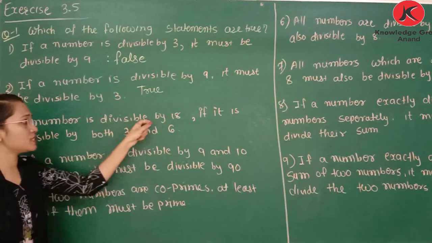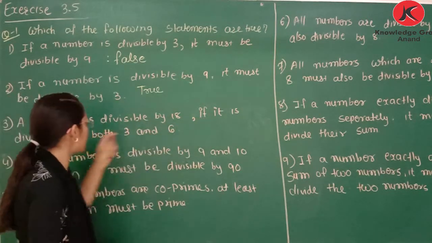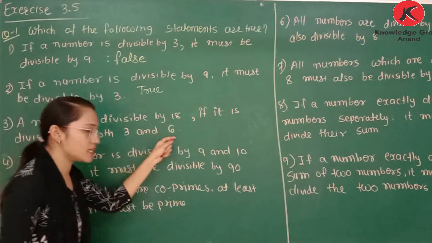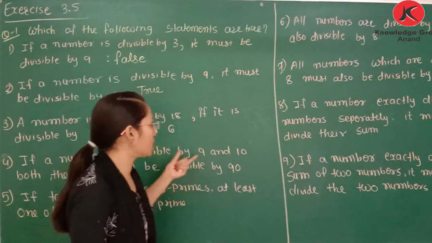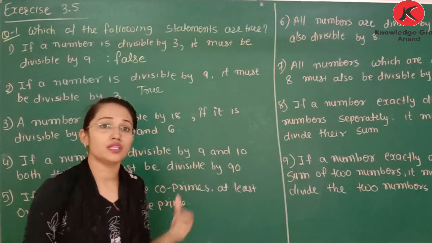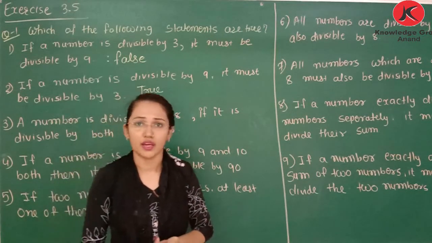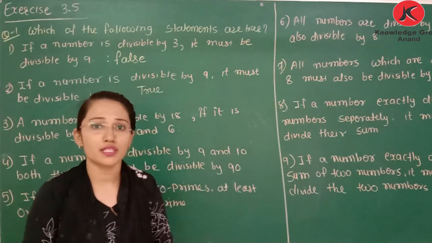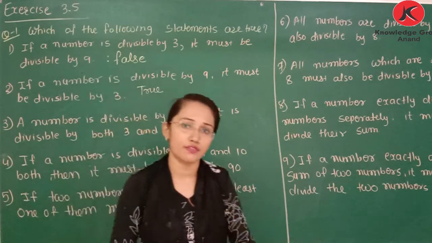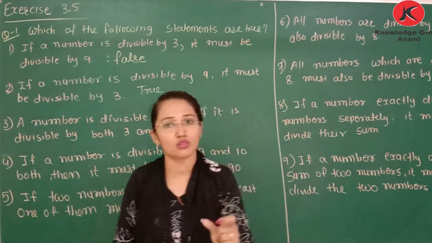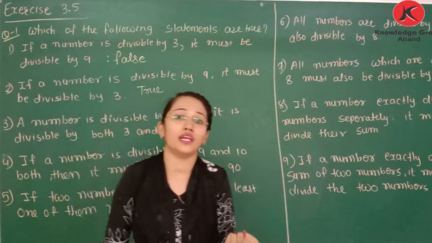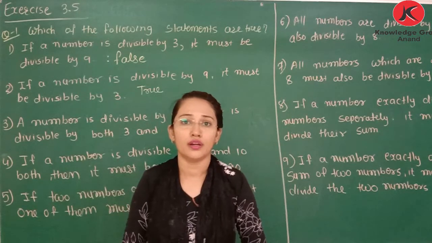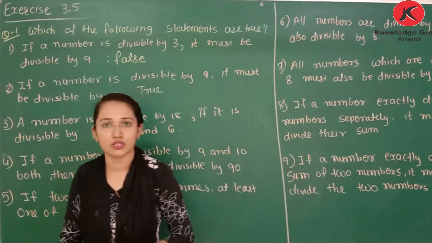A number is divisible by 18 if it is divisible by 3 and 6 both. હવે આ થોડો ટ્વિસ્ટ ક્વેશ્ચન છે. ક્વેશ્ચનમાં શું છે કે 18 થી ડિવાઇડ થાય જો એ 3 અને 6 થી પણ ડિવાઇડ થાય. It is not necessary. What is the statement? If the number is divisible by a given number, then it is also divisible by its factors. પણ જો factor થી ડિવાઇડ થાય તો એ નંબર થી ડિવાઇડ થાય એવું જરૂરી નથી. Means inverse is not possible.